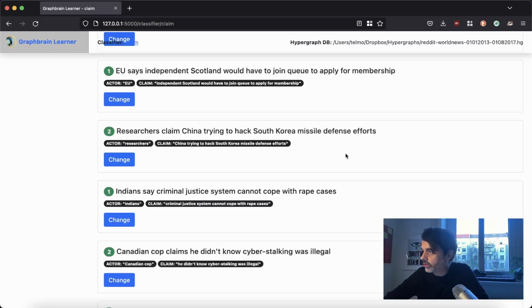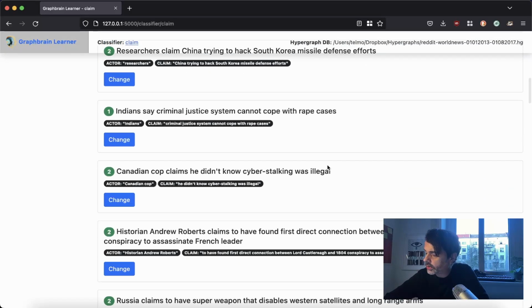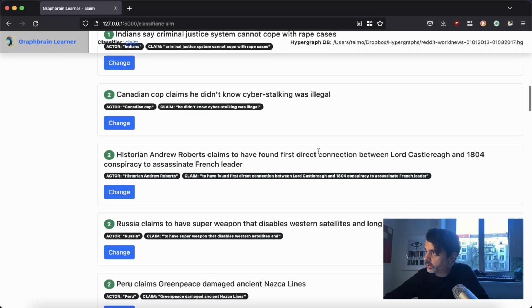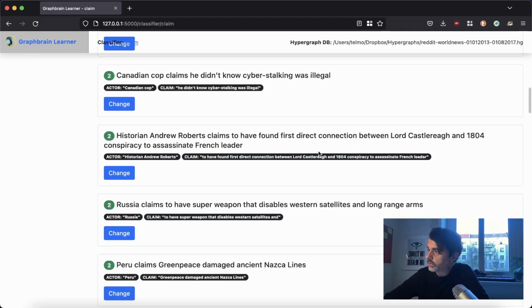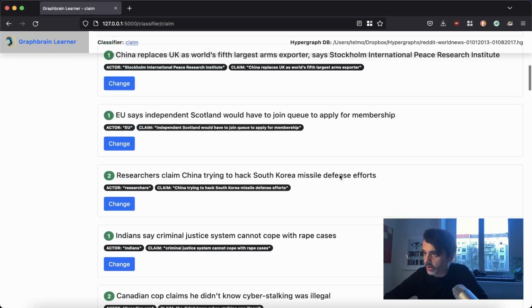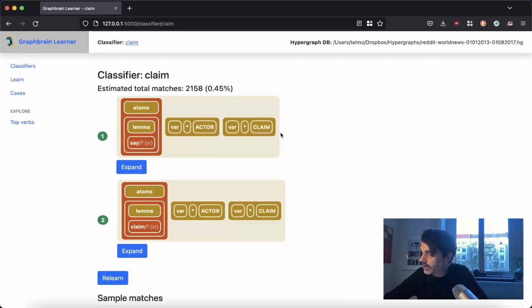So yeah, this is a new case where researchers claim China trying to hack South Korea, something or other. Canadian cop claims something about that he didn't do. Russia claims to have super weapon. Okay, so this is also working pretty well. Okay, so we have this. Let's stop with this classifier for now. We could keep improving it, but